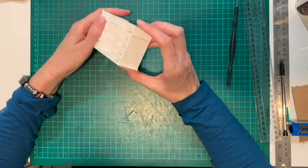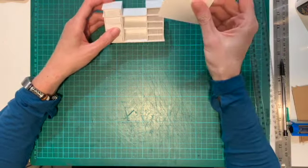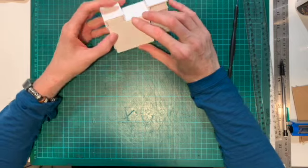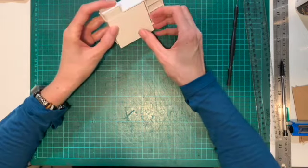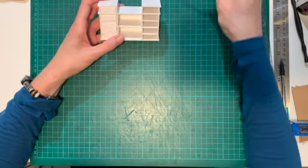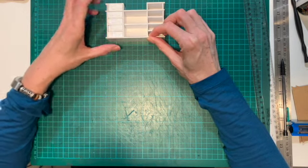So I'm just going to use this as a base, and then I'm going to build out on top of it. But in order to do that, I am going to take some thinner mat board, and I'm actually going to create some drawer fronts. But what that means is that it's going to bulk out the actual drawer unit, and where everything would have sat flush before is no longer going to do that. So what I'm going to do is, I've got this little bit of offcut, but I'm actually going to glue these onto here, which will add a little bit more of a lip